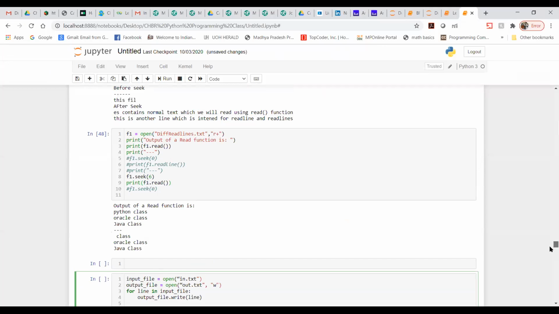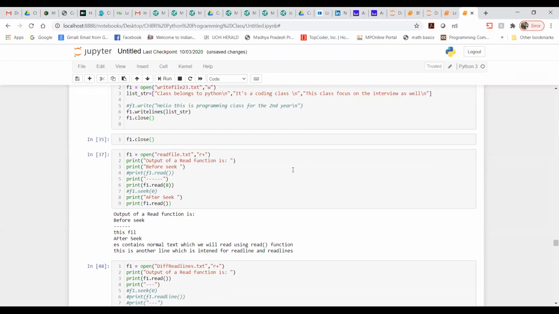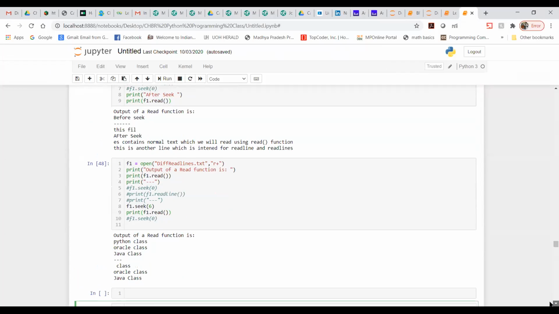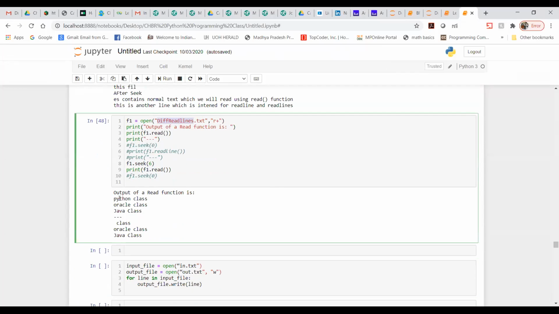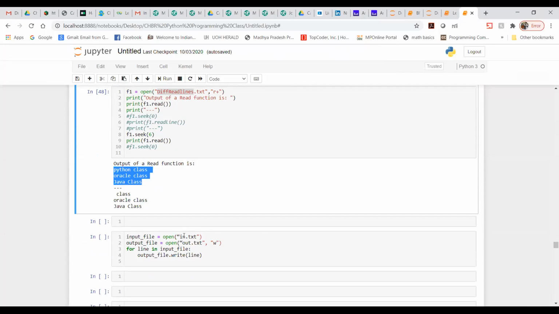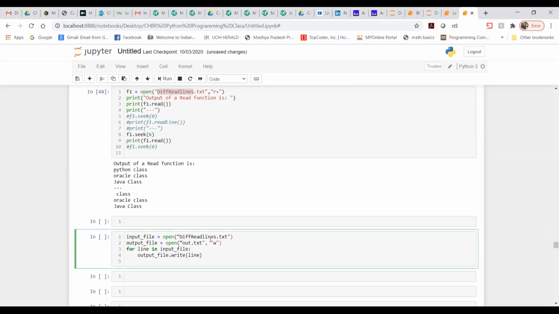As you can see, we have this file. We have the different read lines file, and everybody is aware of what is present in it. These are the three lines present in it. So let me take that file as an input. I'm going to write the different line here and take it as an input. Okay, I'm going to do this.